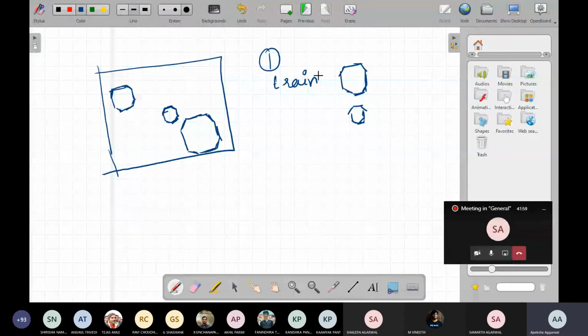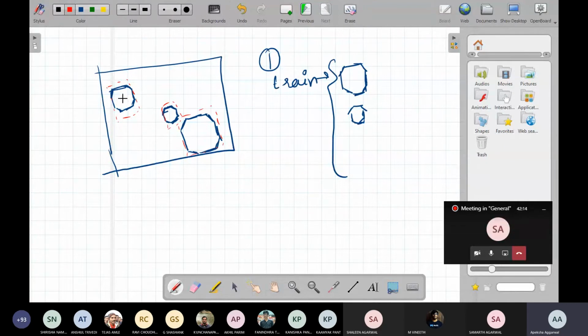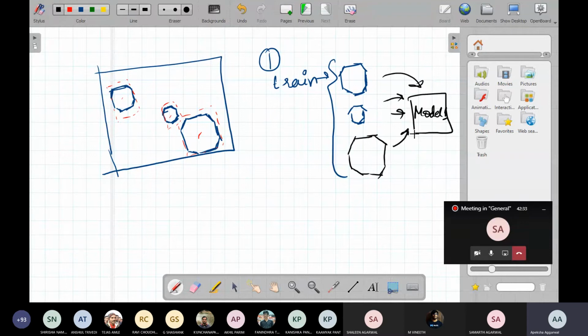So we crop this image and identify boundaries for each of these, and we train our model. We now know this is a car, this is also a car, and this is also a car. So we train our model for all the types of cars, and now we have some model 1, already built and trained for all of these cars.